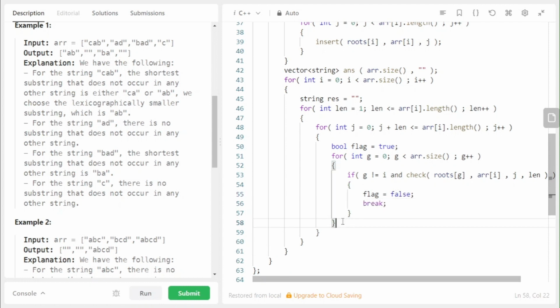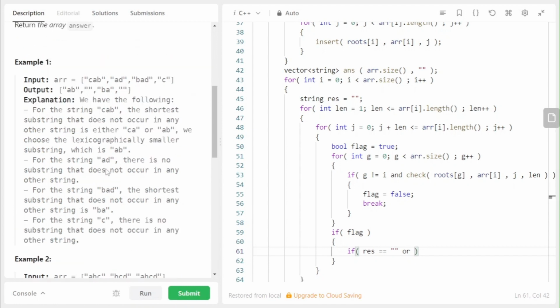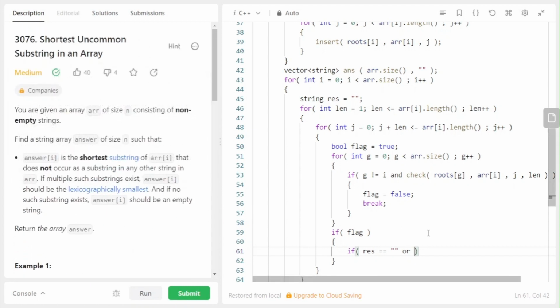The flag was true here. What it means is the substring from index j of this length is not part of any other trie. If it was part of any other trie, this flag would have become false. So if res is equal to this empty string, or since we need lexicographically smallest,